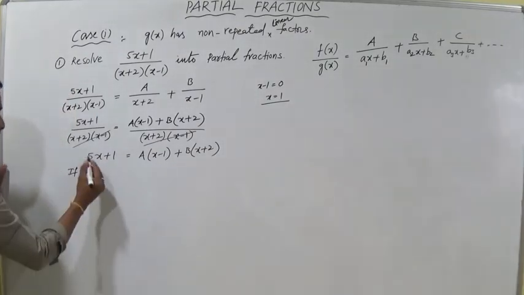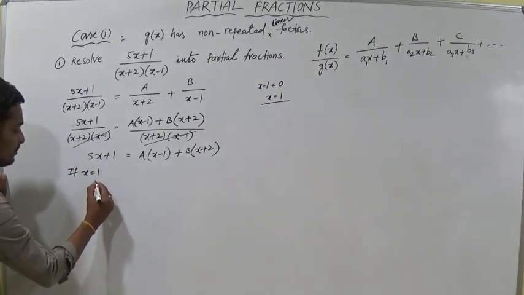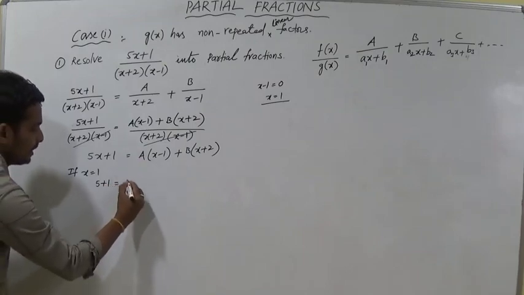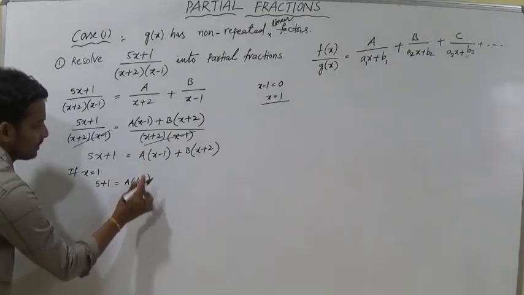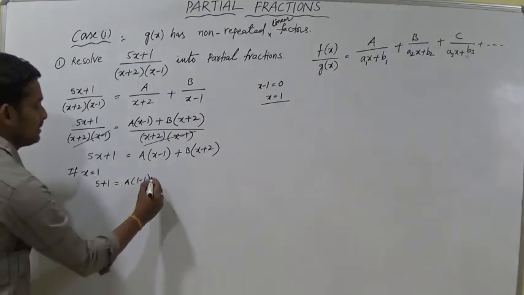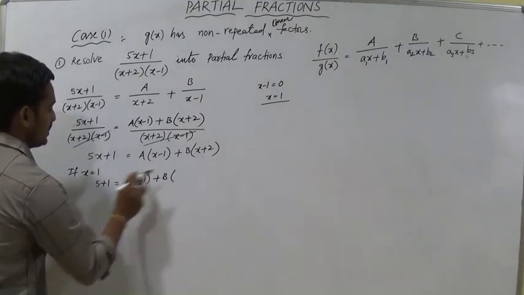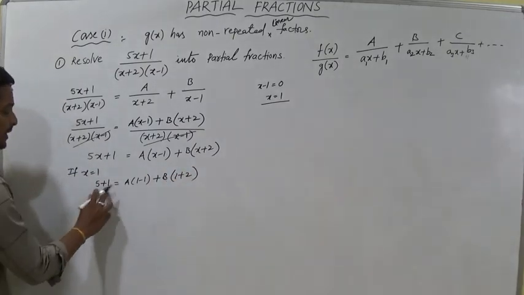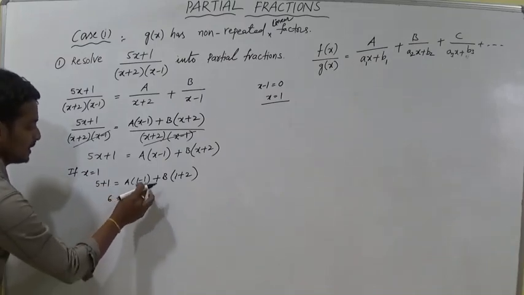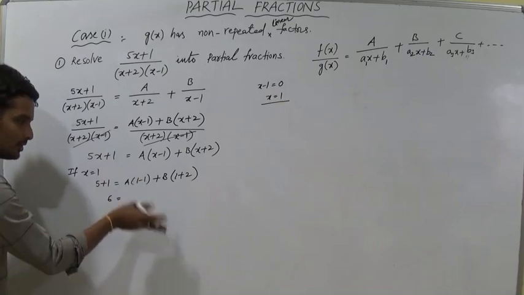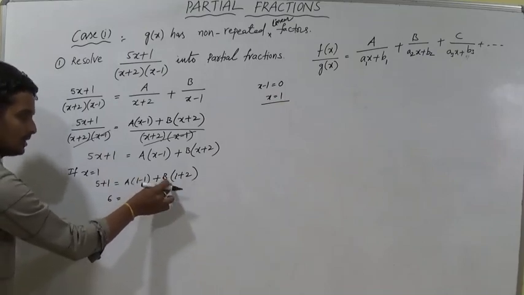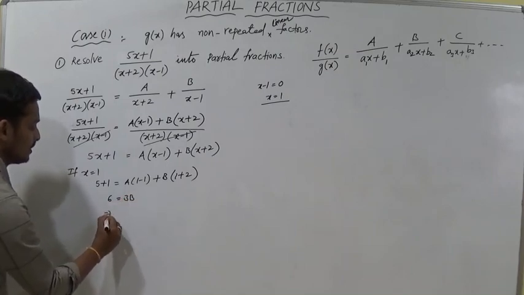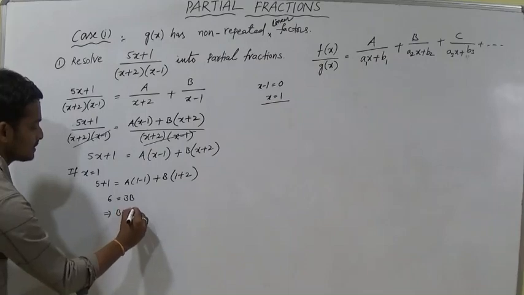Okay, do that. For example, if you substitute 1 in place of x, 5 into 1, 5 plus 1 is equal to A into (1-1), because the x value is 1, plus B into (1+2). So 5 plus 1 is 6. Here 1 minus 1 is 0, 0 into A is 0. 1 plus 2 is 3, 3 into B is 3B. So that implies B is equal to 6 by 3, which is equal to